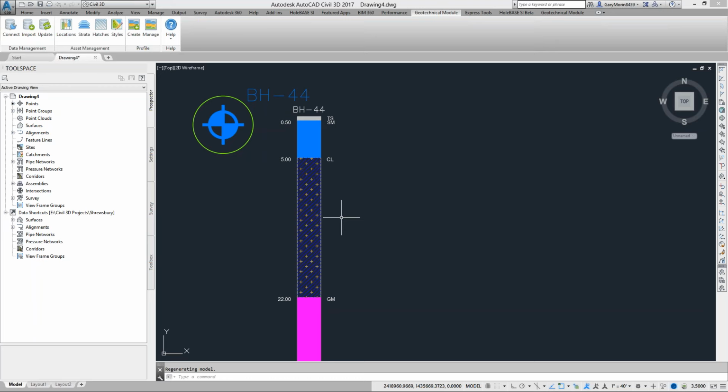Any other questions? Could this be a replacement for GINT? I think the geotechnical module on its own can't be, but if you had to draw boreholes and get data into AutoCAD Civil very rapidly, then the answer is very much yes. So yeah, I haven't really got time to show you now, but very quickly,